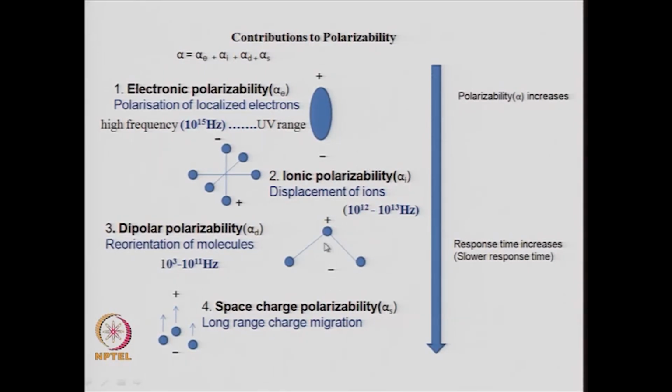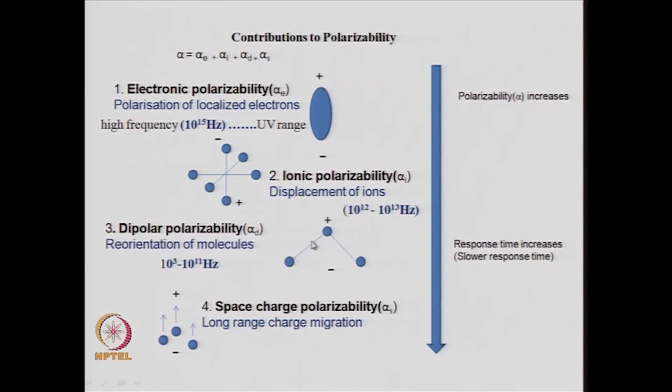If you apply a field which is much slower in changing, that means the frequency is much lower, say 10 to the power 3 to 10 to the power 11 hertz, that is called dipolar polarizability, and that is seen in molecules such as water, where you have dipolar polarizability. Ionic polarizability can be in the presence of positive and negative ions. So, suppose there is a titanium here which is positive charge and this negative charge, then they can have some kind of charge separation,